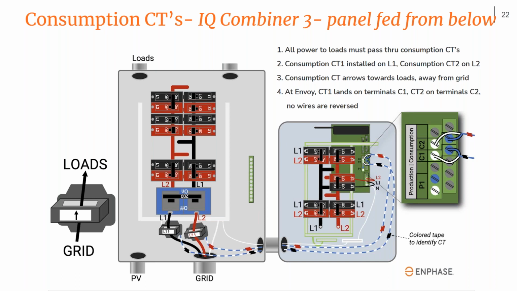And you'll notice there's a real basic but super helpful step shown here: take a piece of colored tape. Because your CTs, when they come out of the packaging, are identical. There's no marking of which CT is which once you've pulled all these wires through the conduit. So if you take one of your CTs and mark it up, let's say with red colored tape, that way you'll know which CT is which on both sides of the conduit. It's a cool way to help reduce some confusion or mistakes.